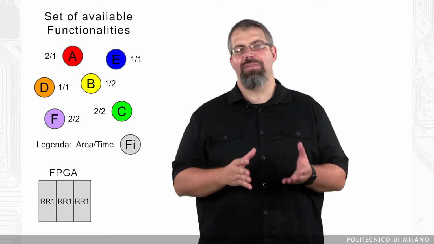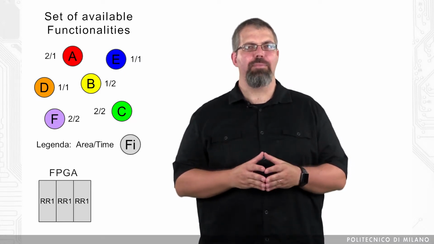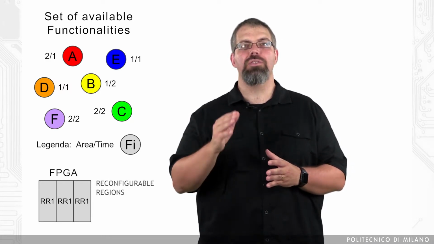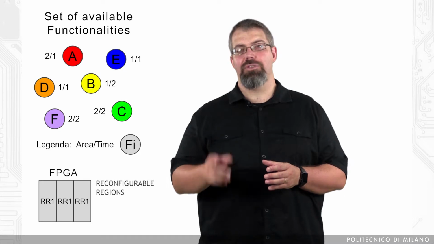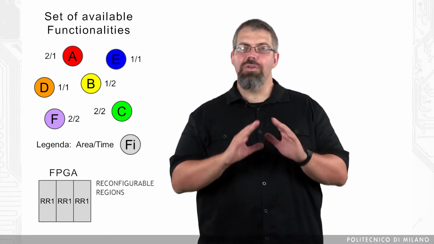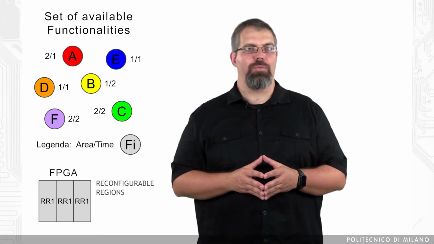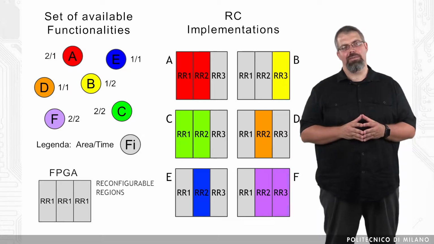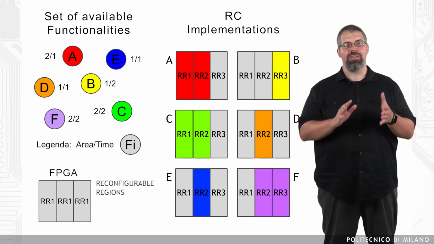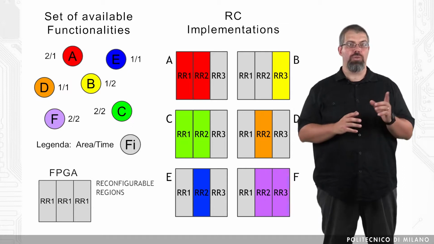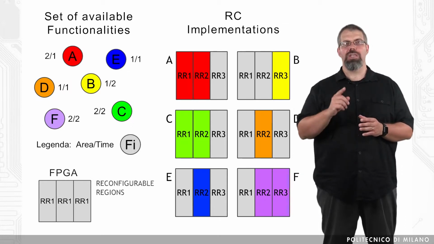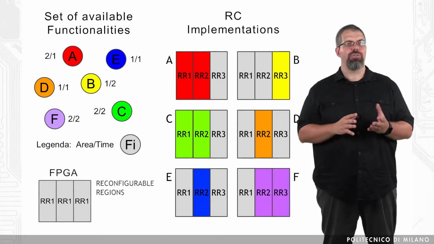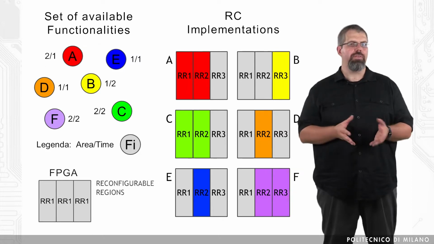Let us now consider the FPGA. At least at the beginning of this example, we are going to consider it as a homogeneous device that has been partitioned in 3 reconfigurable regions in a monodimensional way. Furthermore, all the 3 regions are defined exactly in the same way. Each functionality to be implemented needs to have a physical assignment. This means that to properly create the corresponding B-stream, I do have to assign to each of the functionalities a region, or a set of regions, to implement it. Within this context, I'm considering the case in which a functionality can span more than one region if needed.